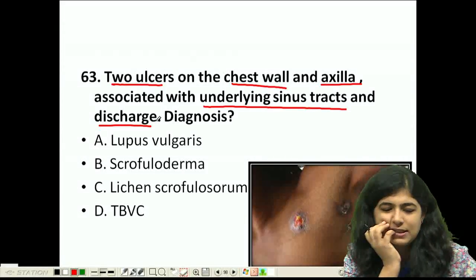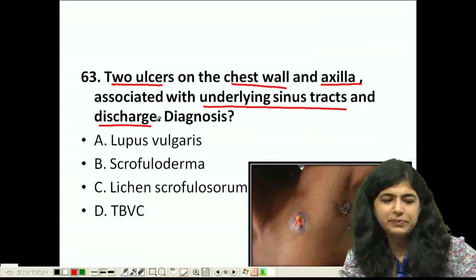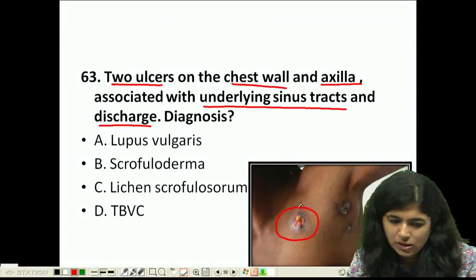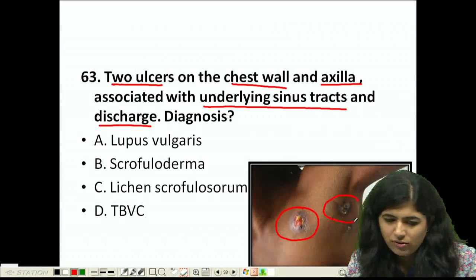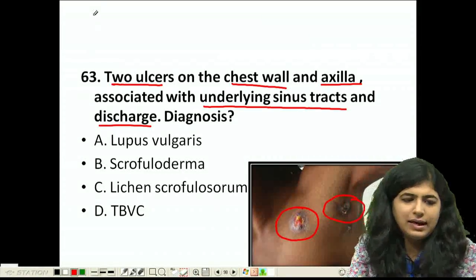Tell me the diagnosis. Look at the image here. What do you see in the image here? Not very clear, but what you are looking at in the image is an ulcer